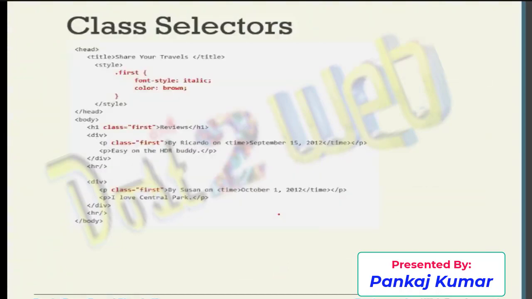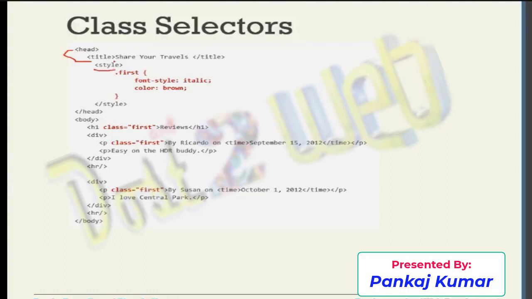See the example of the class selector here. We have seen the example of the group selector, then the element selector, and now you have the class selector. Whenever you use the style sheet internally like this, you have to write a style within the head tag.